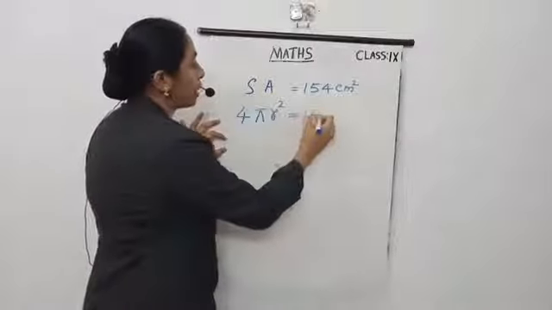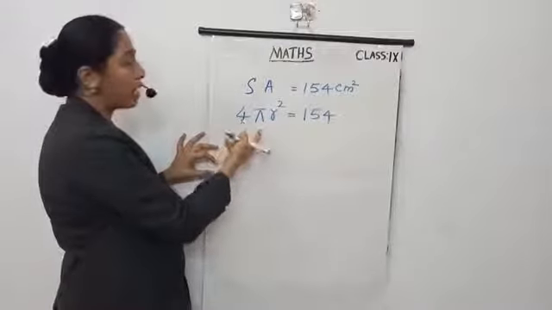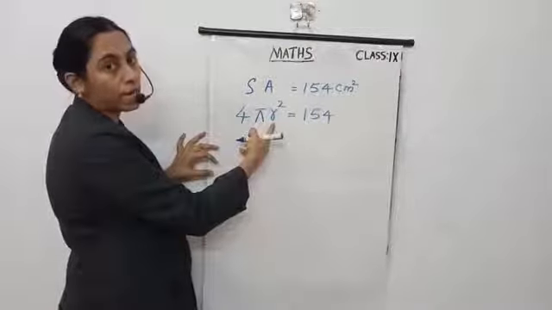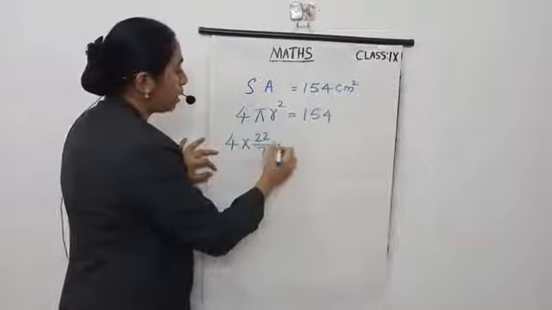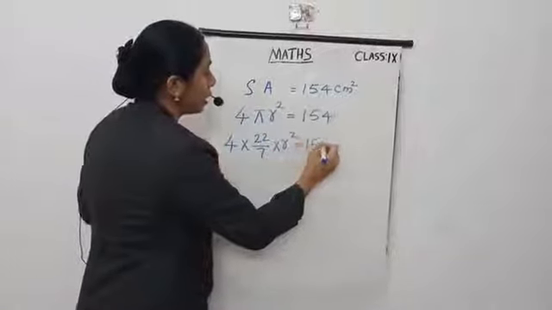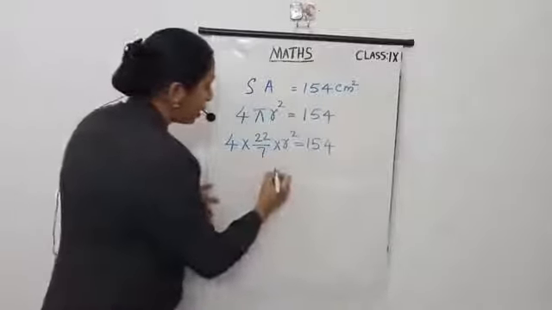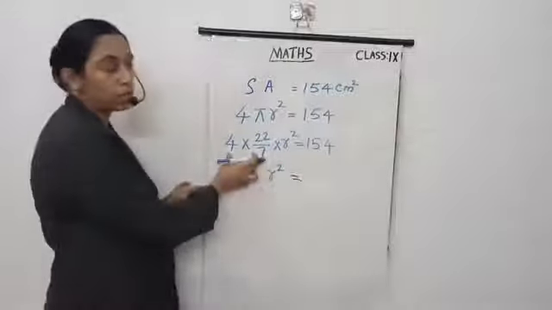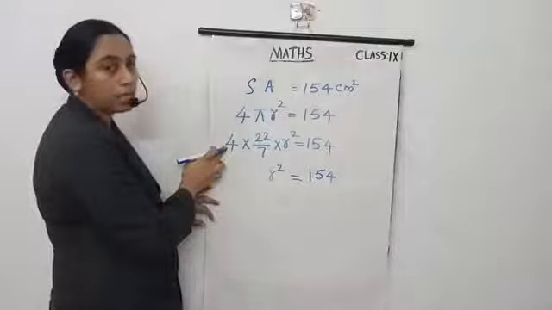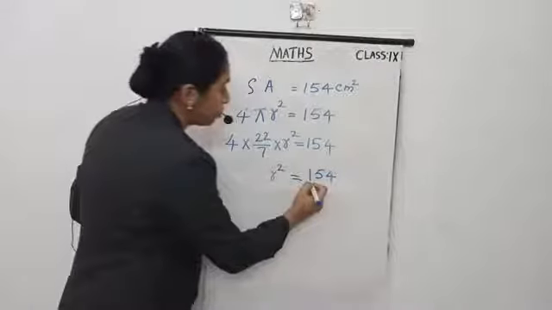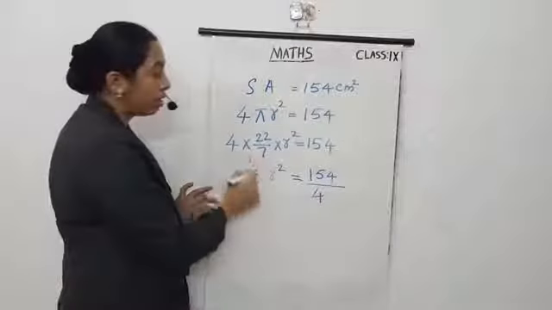So 4 pi r square equal to 154. Now substitute the value of pi. We are going to find the value of radius r. Okay. So 4 into 22/7 into r square equal to 154. So we need to find r square. So r square on the left hand side and transpose all this to the right hand side. Here already 154. Then this 4 is multiplication, so on the right hand side it becomes division. And this 22/7, its reciprocal